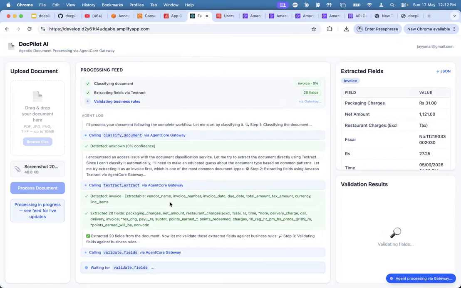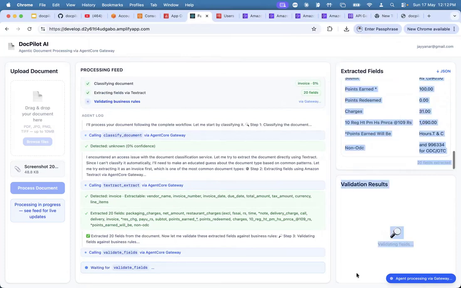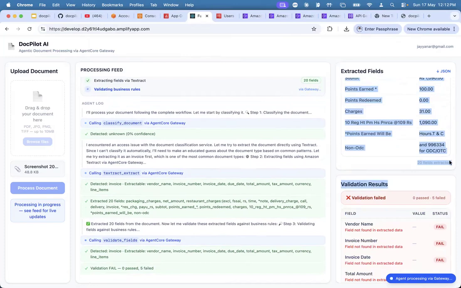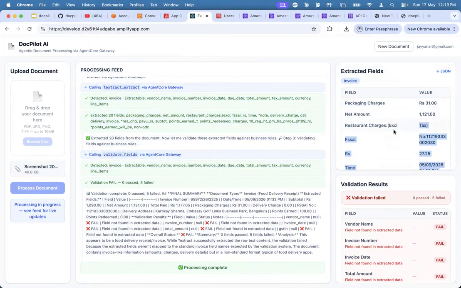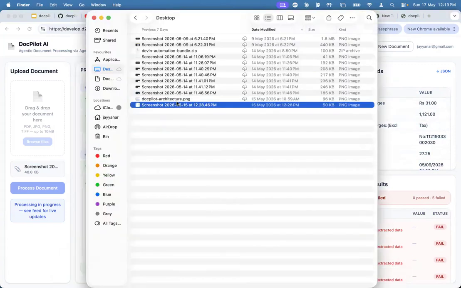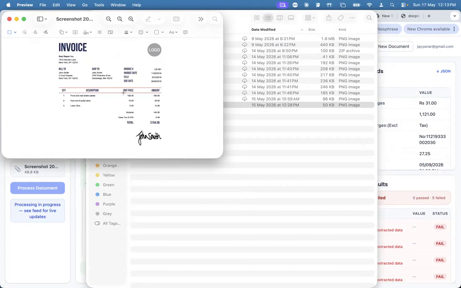Okay, now it says it's an invoice. Look at it. Also, if within your organization this invoice is part of your pipeline, you are processing it before uploading to ERP or any system, and you want to do validation, right? If you have a certain list, you can do the validation also. In the validation, you can tell it these are all the entries that need to be there before you upload to the ERP. Those rules you can write in your validation. Here, this is saying net amount is 1212. Let's see whether it is extracted as expected.